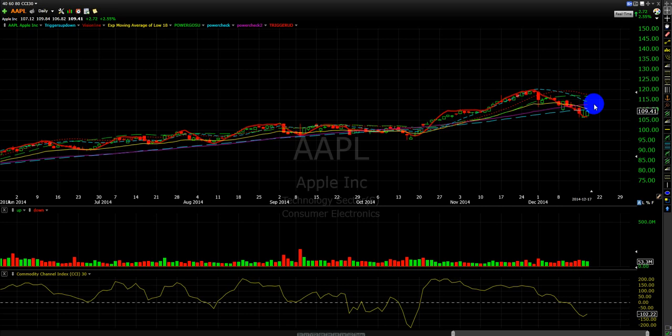And then again, this can be a huge option play. If it doesn't work out that way, we don't get the triggers, there are other setups. There was a lot of shorts.